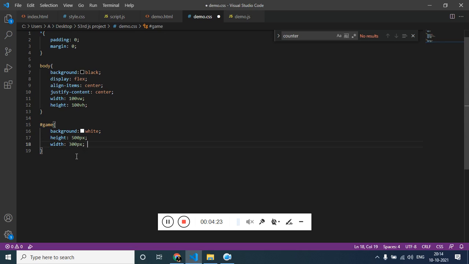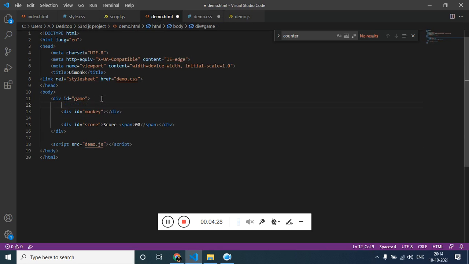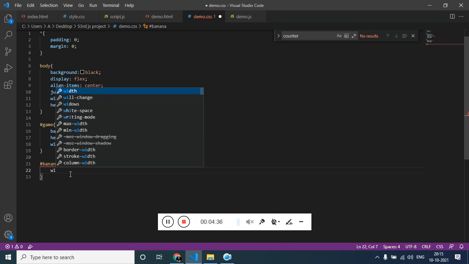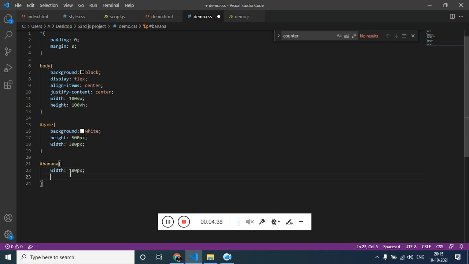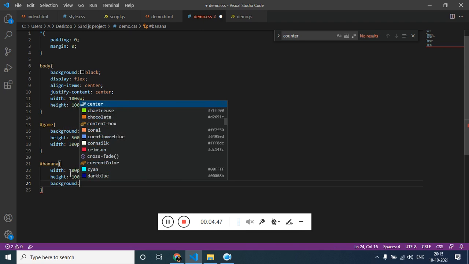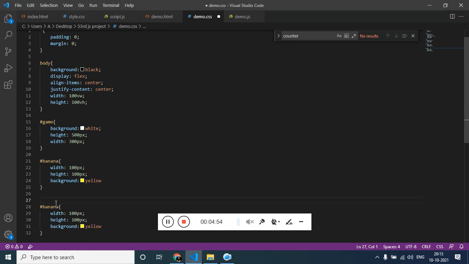Now let's have the banana on top. Let's design the banana hash, width of 100 pixel, height of 100 pixel, background color yellow. Refresh it. Cool. The same way, monkey, let the monkey be brown,